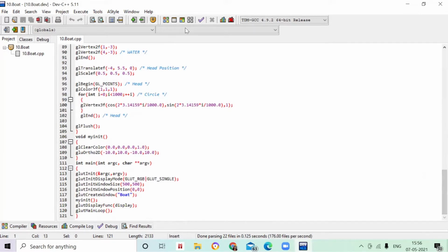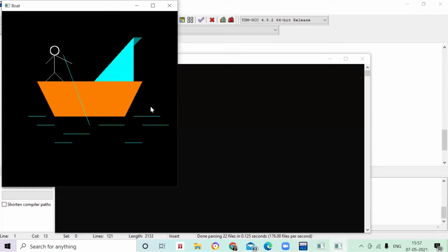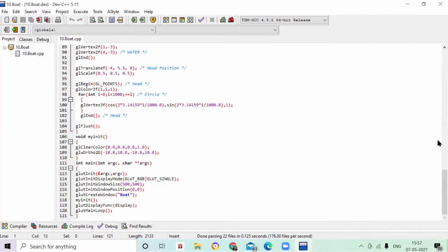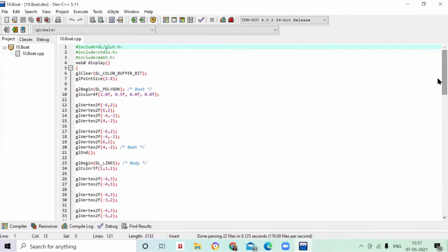Now let's run it together and see the output. So now here you can see, for this one polygon has been used, this is a straight line, this man is also made of straight lines. For the circle, it has been written here, also polygons, two flags and the water lines. If you want to give any other color to that, you can give. So this is all about your program. You people have to practice this program, see the codes. I'll just scroll down the codes once again so that you can see them properly and practice at home.